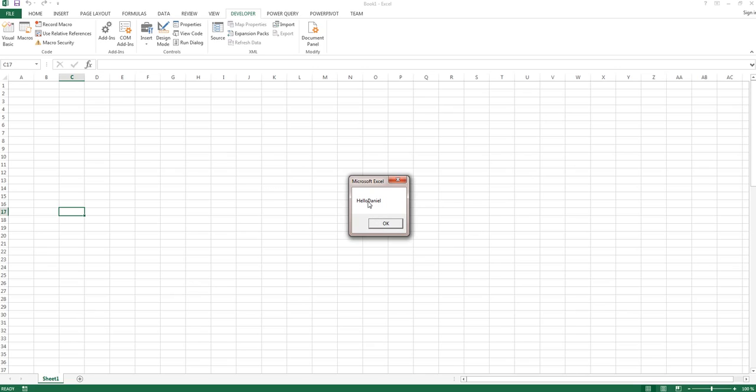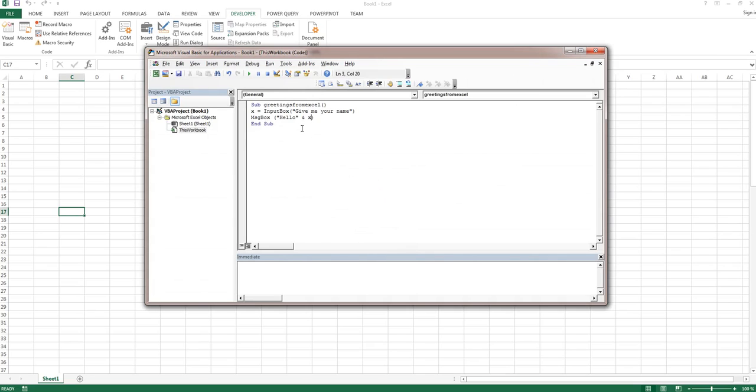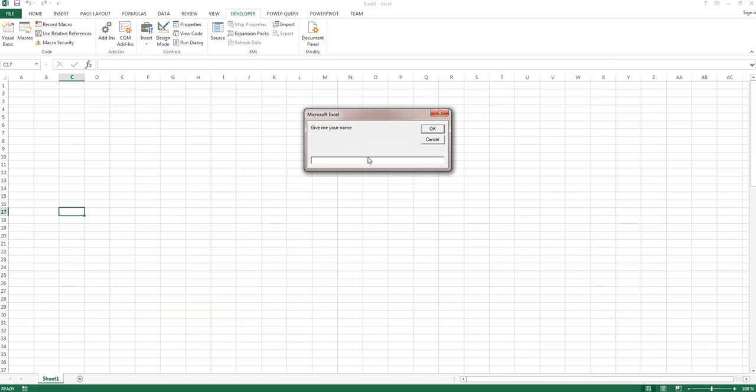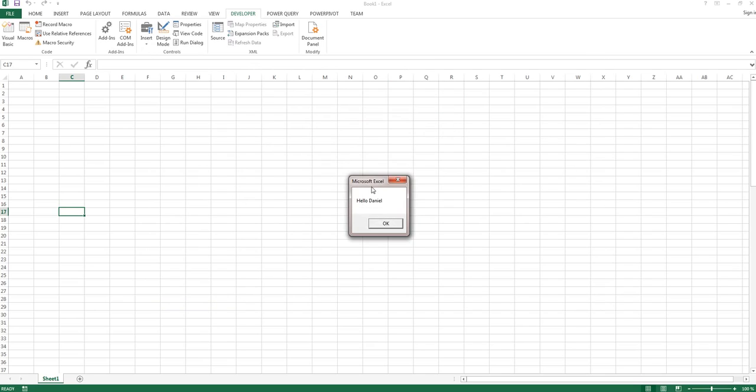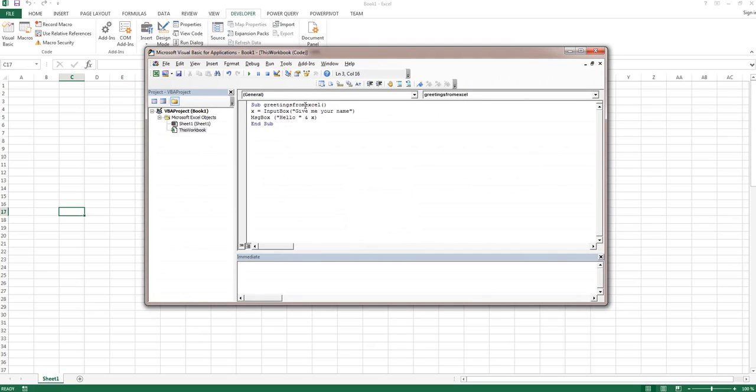So if we want some space in here and go back here, we just have to type in a space here, okay? So now if we would run it again, and now Daniel, and now it looks better, right? Now we received greetings from Excel, we learned something new about coding and the input box, and let's get on